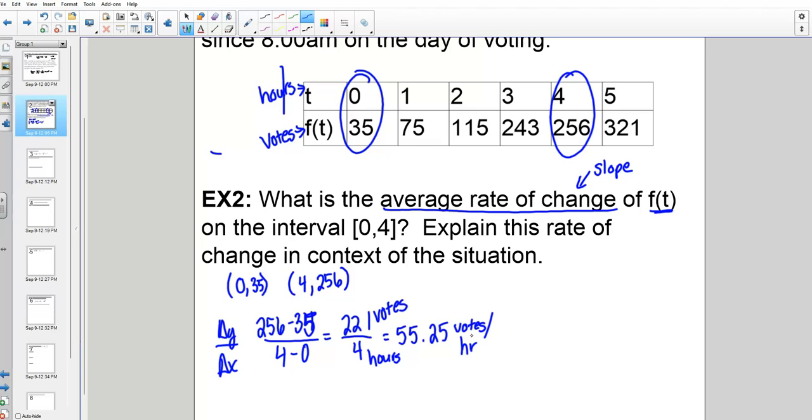Or number of students who have voted per hour would be even more specific, which could be important if you could vote for more than one person. If you're going to explain this, it is very important that you give the time frame. So the interval is 0 to 4. I'm going to write it this way: in the first 4 hours of voting,